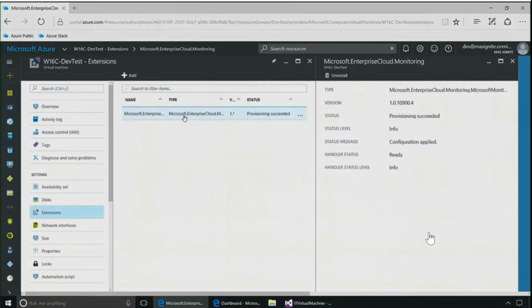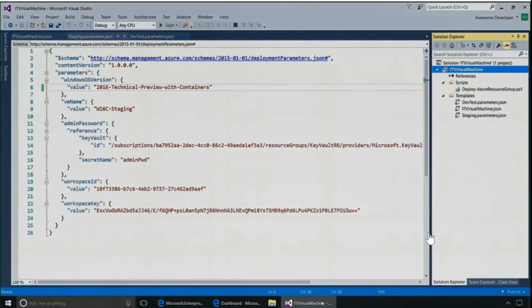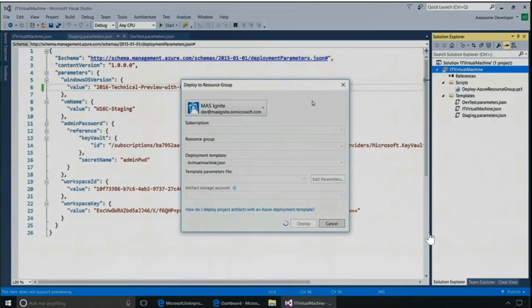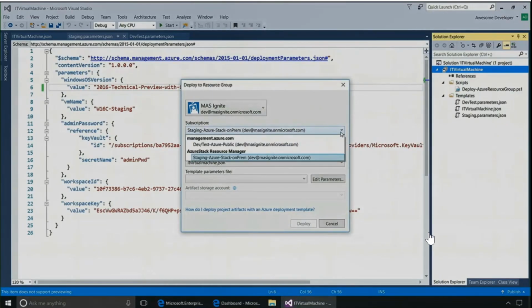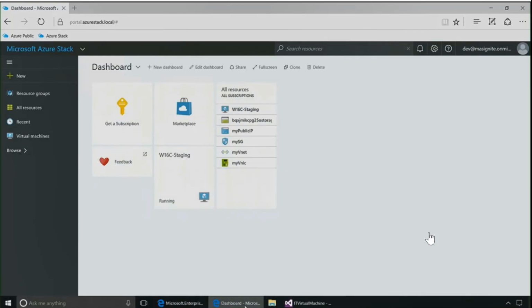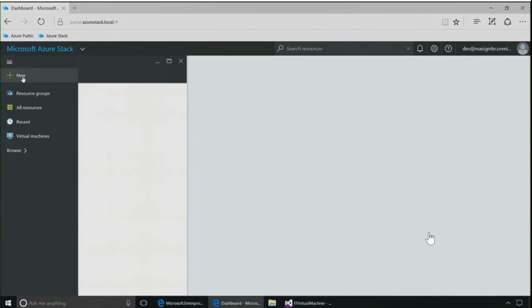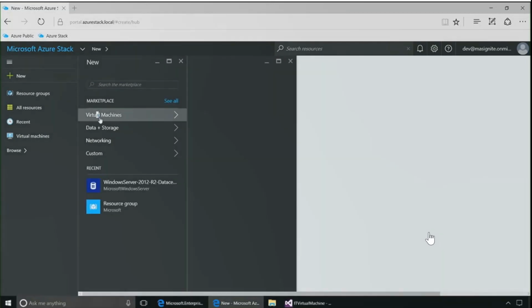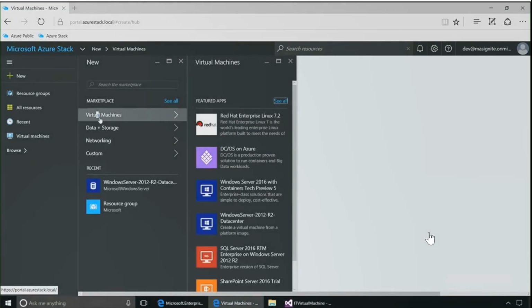So once the administrators download those, now you can do a couple different things. The user or you could deploy this through Visual Studio, because now that exists in the platform image repository. And just like we talked about before, using Visual Studio, you can connect to Azure Stack and deploy it that way. Also, in the user or tenant space subscription, they can click New, click Virtual Machines, and